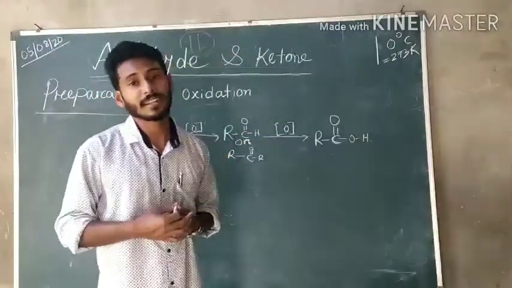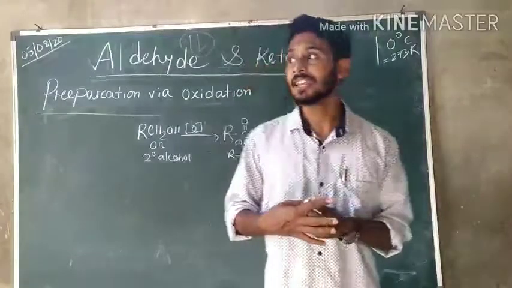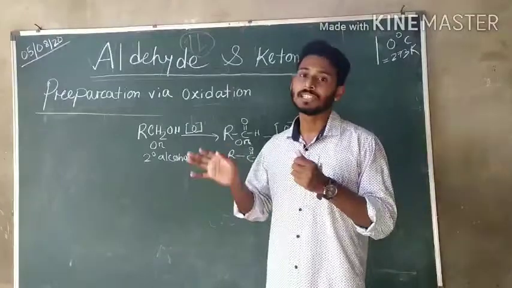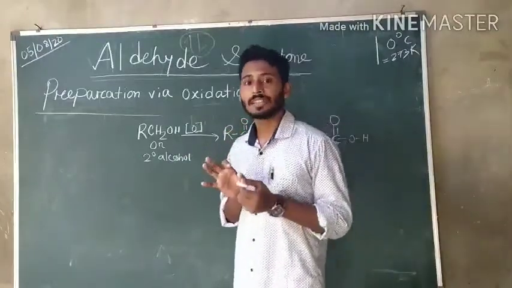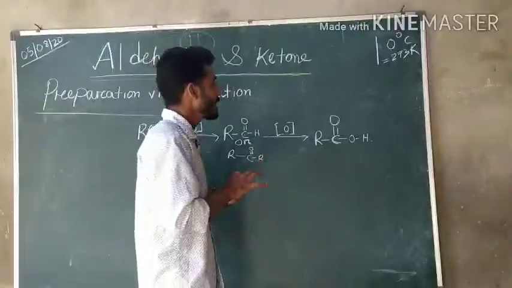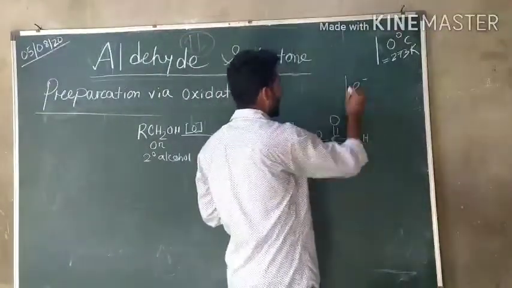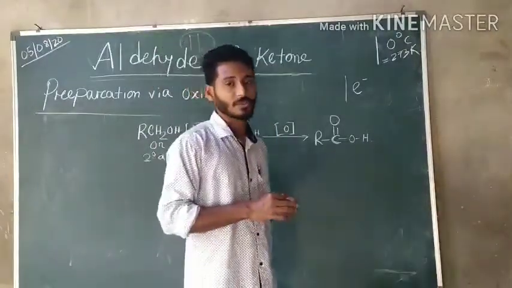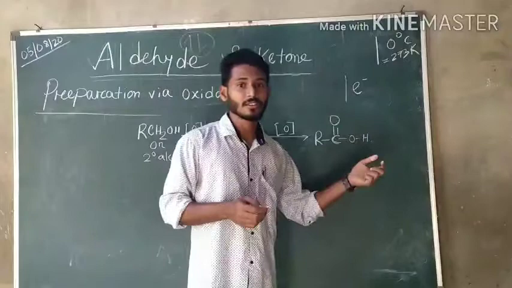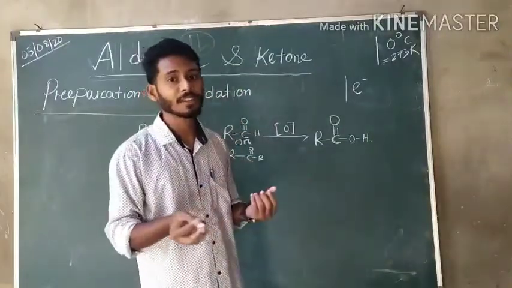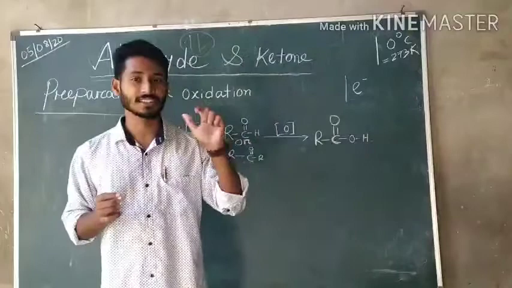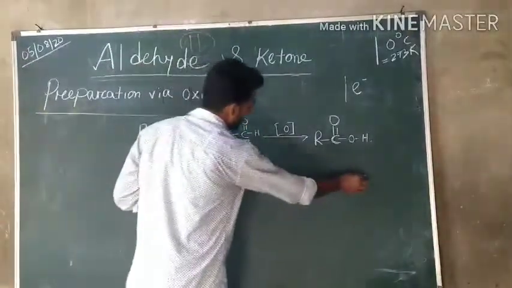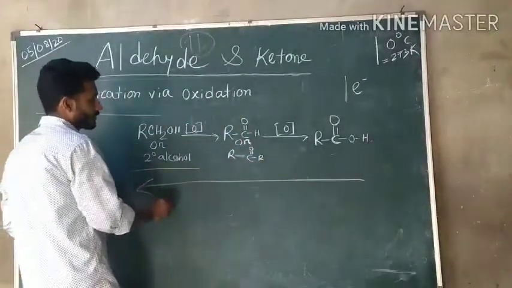But in redox reactions, you have studied the electron transfer process. Oxidation and reduction are termed there also, but treated differently: if an electron is added, there will be reduction. If an electron is removed, or if a metal gives up an electron to another element, then the metal will be oxidized. This is called oxidation. Different cases. Now you should remember this sequence, and the reverse of this oxidation will be